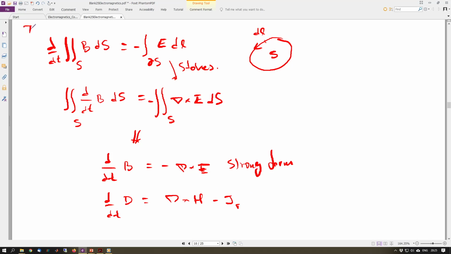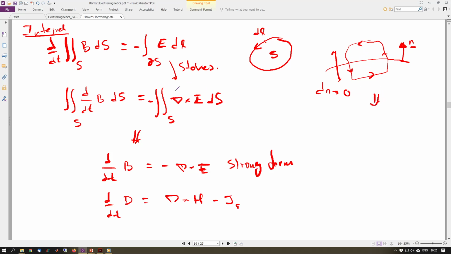So this is the integral form, and in order to consider that boundary condition, what we need to do is consider a surface that goes through the boundary. So something like that, and we consider a boundary like this, and we're doing this integral as this height dn goes to 0. Then we have the condition inside here. This is our normal vector. And considering the surface, and because the time derivative of B is not changing if we change the width of this integral, you end up having the rotational of E should be equal to 0